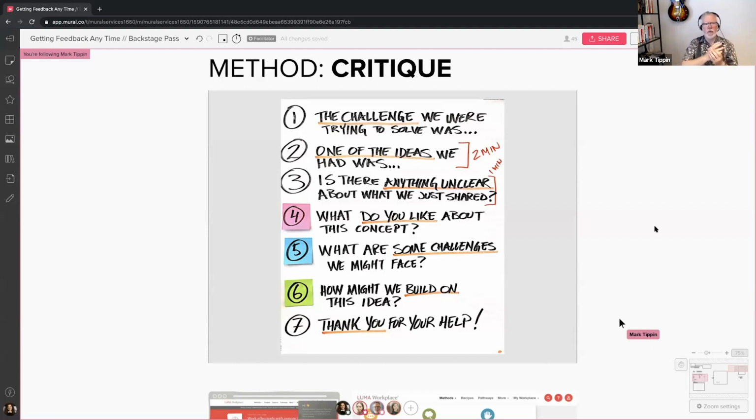So this is the language that also invites really good psychological safety and trust, and it presents an idea not with any force, or I'm going to hate you if you don't like this. It really frames it, first, by letting people know what the challenge was. You always have to start with the outcome, the thing you were actually trying to solve by having a template. Then you let people know, okay, this was about trying to get this particular outcome, so I know where you're trying to go.